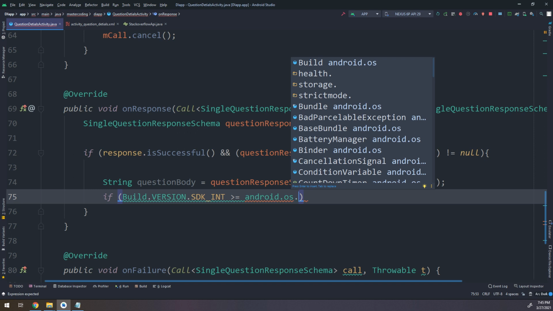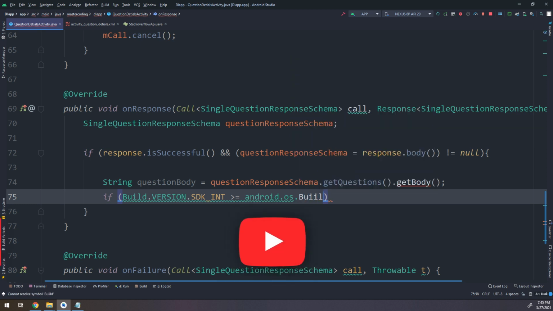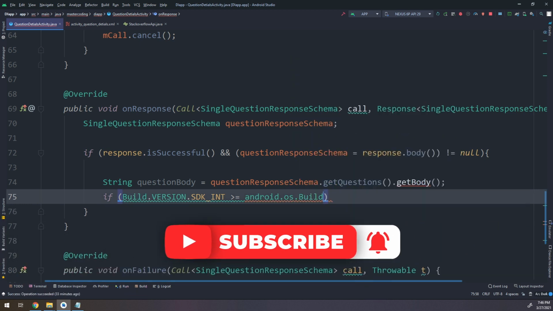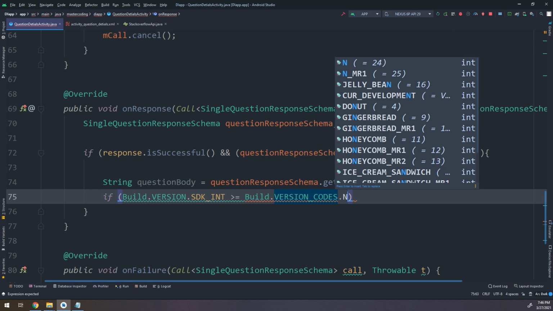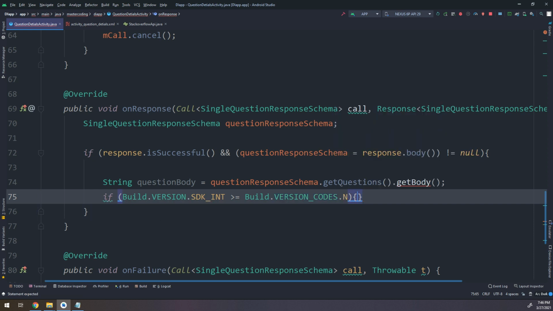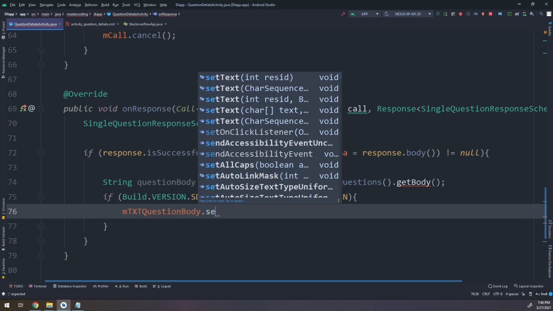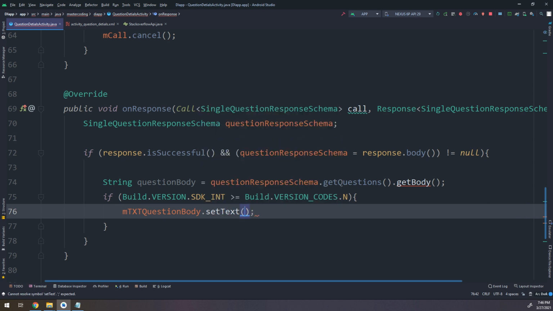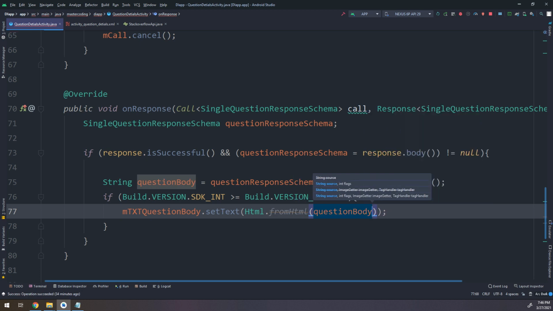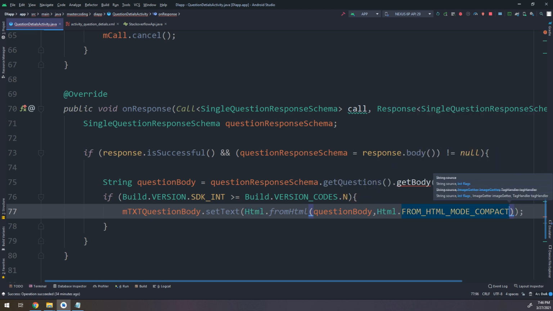So Android OS Build, again I need to compare it with Android N, Build.VERSION_CODES.N, go and make text by questionBody dot setText to Html.fromHtml(questionBody.getBody(), Html.FROM_HTML_MODE_LEGACY),